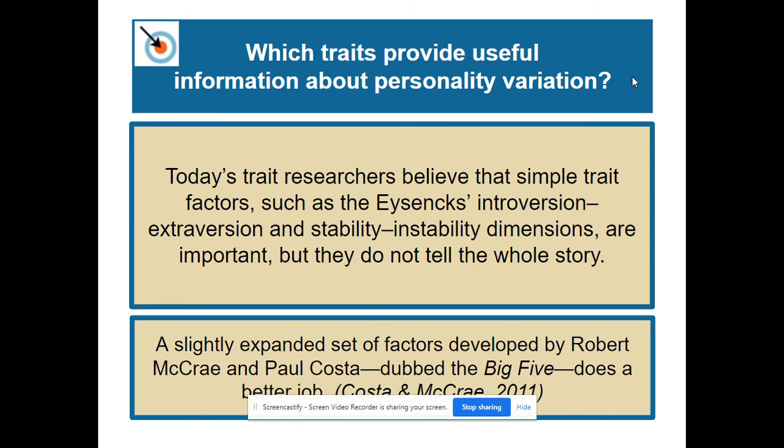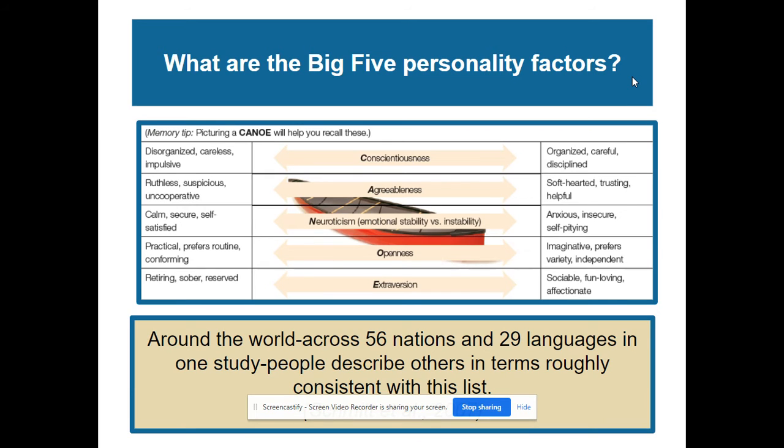All right, so let's take a look at the Big Five personality factors. We're going to go back to this Big Five in the next couple of days to do some more personality assessment. It's slightly expanded from the Eysenck two-factor assessment. This is the most common in active research since the 1990s and the best approximation of the trait dimensions. The Big Five talks about conscientiousness, whether you're disorganized, careless, or impulsive, to the range of organized, carefully disciplined. So you're seeing the wide scope of influences of these traits: agreeableness,